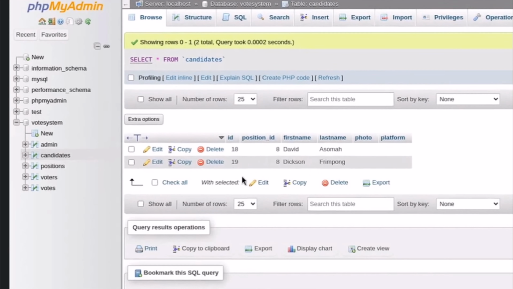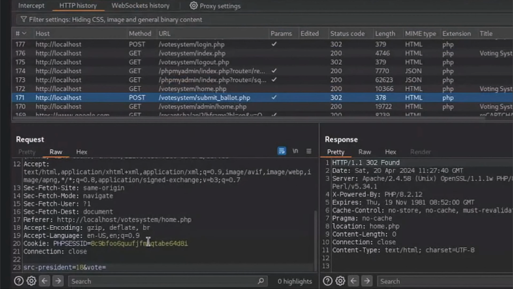Where the mouse is hovering. Who has an ID? David. That's David Asuma. So you see, instead of sending the name, it sent the ID, which is David Asuma's ID, which is 18. Thank you. So now I'm going to come back to